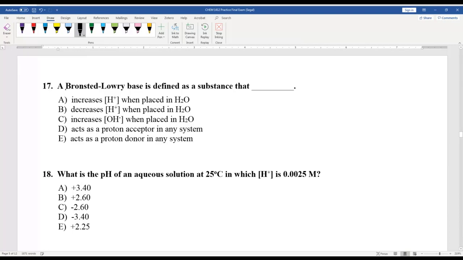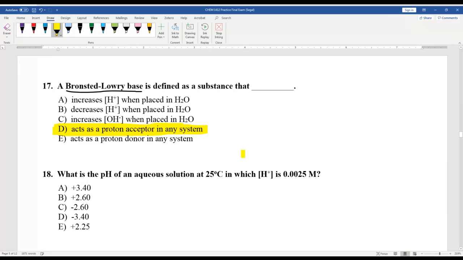A Bronsted-Lowry base does not donate protons. A Bronsted-Lowry base accepts protons. The proton acceptor. So in this case, D. A proton donor is a Bronsted-Lowry acid, and a proton acceptor is a Bronsted-Lowry base. So Bronsted-Lowry acids and bases can really only be defined in the context of a chemical